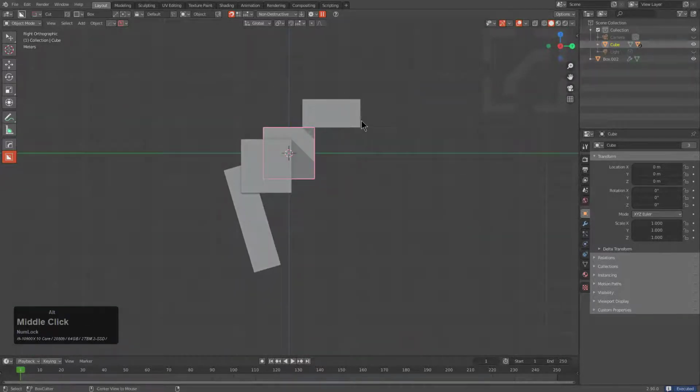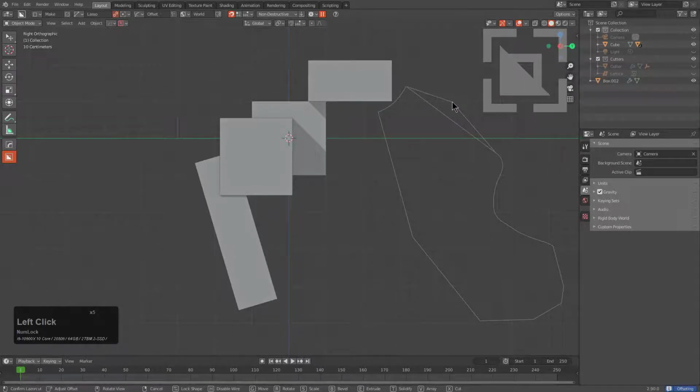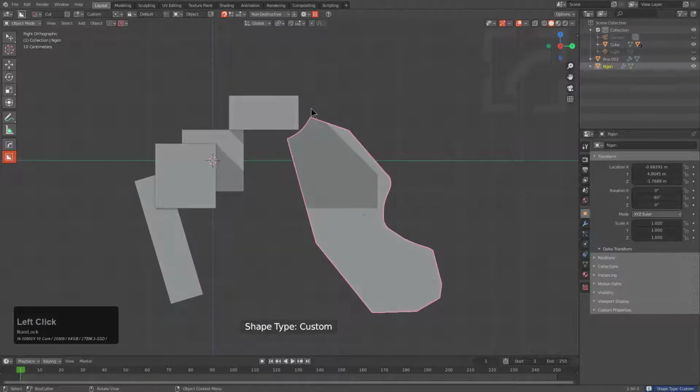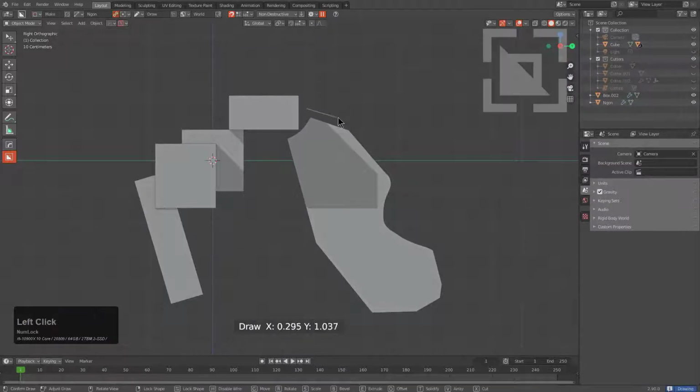And continuing on, if we hold Alt, we can jump over to something like, say, lasso, and just attempt to begin drawing this shape. And I'm holding Shift in this case to use a more constrained lasso, and we'll just extrude that out and begin drawing some shapes just to show how quickly you can get in here and begin playing with some of the shapes when it comes to using